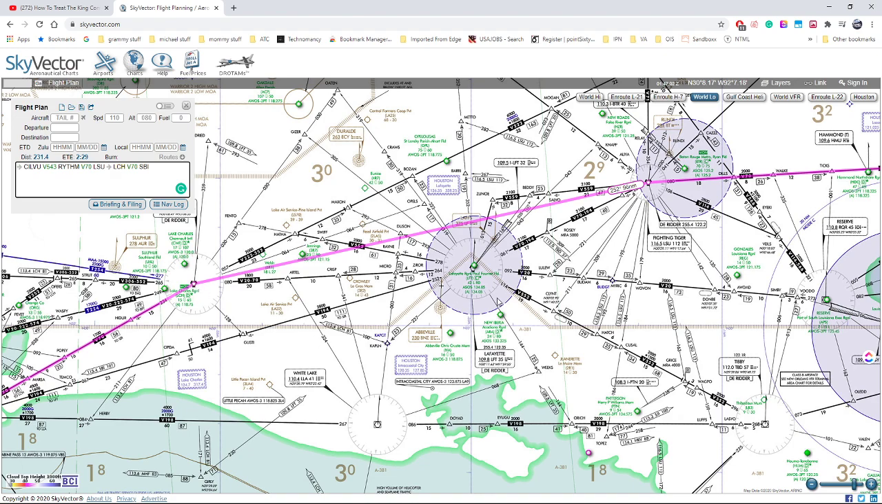Charles. So when we, as controllers, say you're cleared direct to X fix, X intersection, or VOR, you guys don't necessarily need to confirm, or I wouldn't say not confirm, but